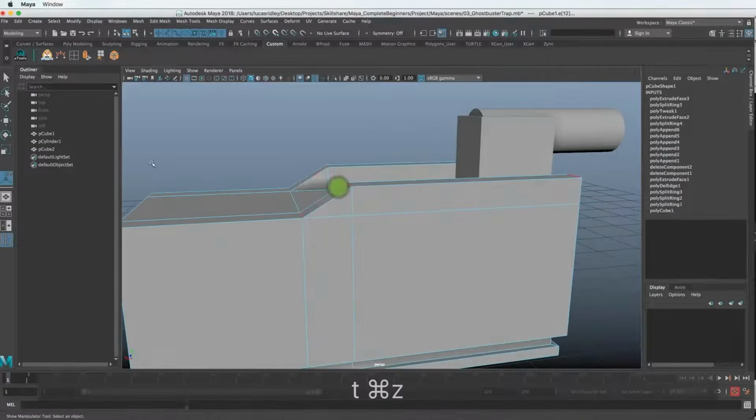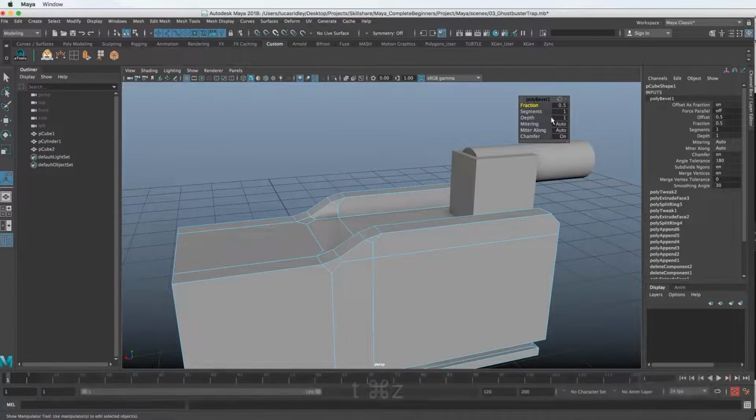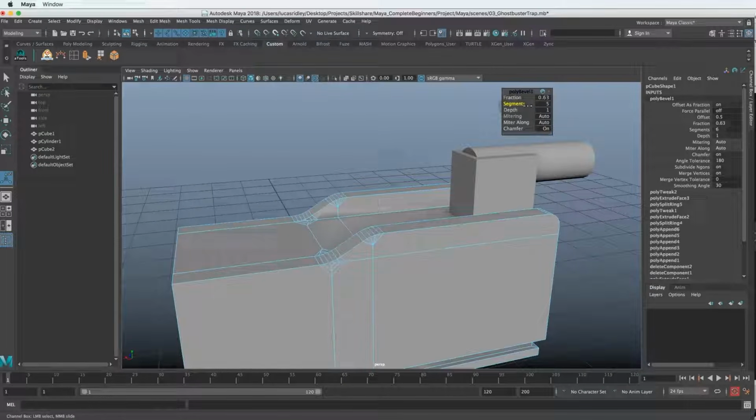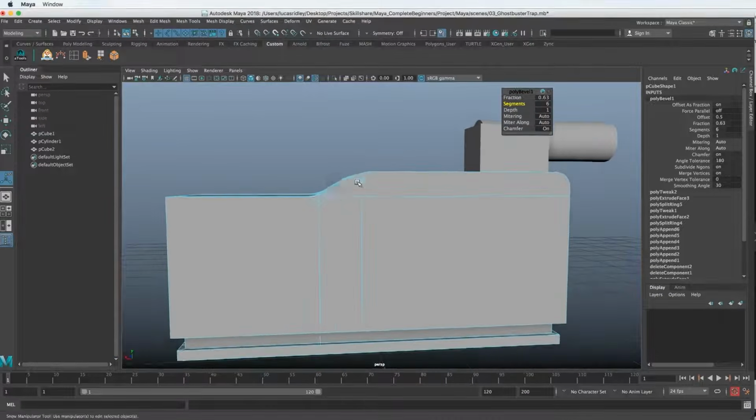Now, this one doesn't have a tool that pops up. So we can go over here to the Poly Bevel input and it'll pop it up for us here. So we can change the fraction, which is how far it is. We can change the segments, which we will need many more. And if you can see I'm clicking and dragging, not a lot's happening. It's because the pie chart here is too slow. So let's speed that up so that I can add more sections here. Cool. So we've rounded those two out.